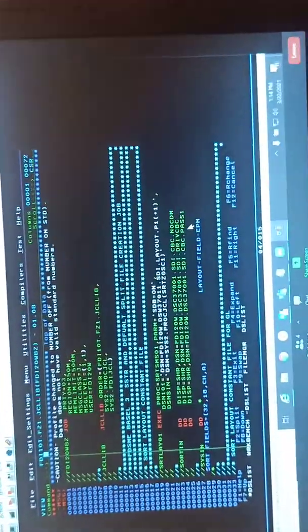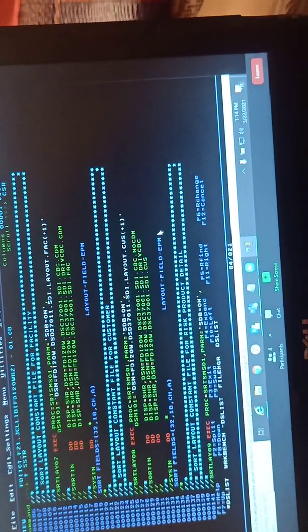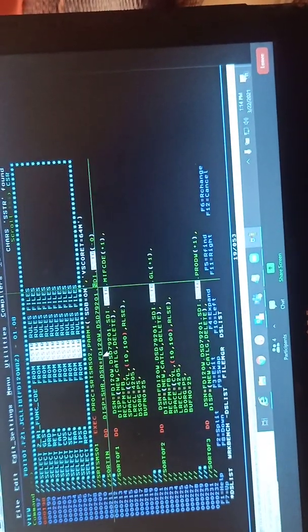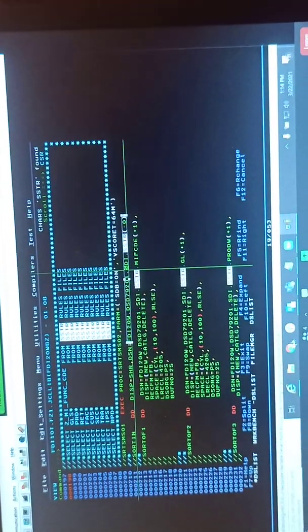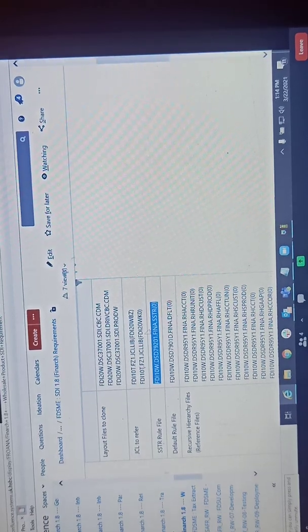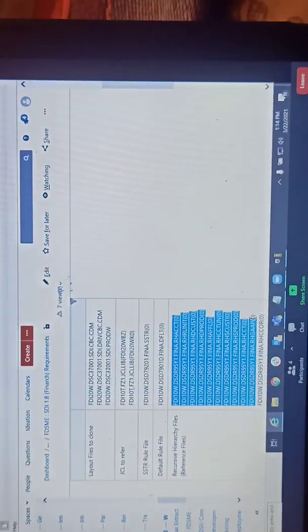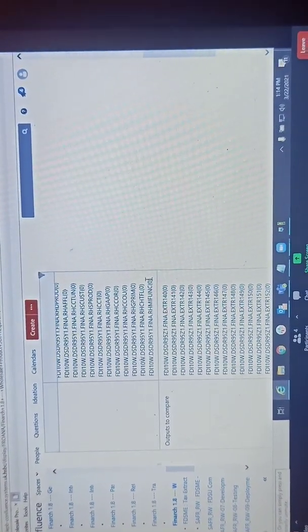Only thing you need to update there is, I think SSTR file in this job are from SDI. Okay, so in place of this file you'll have to give this file. Okay, so whatever input files you have given, we need to replace only the input files, right? Yes, and also the output recursive files hierarchy accordingly. Yes, correct. So your output files will be of 30W.